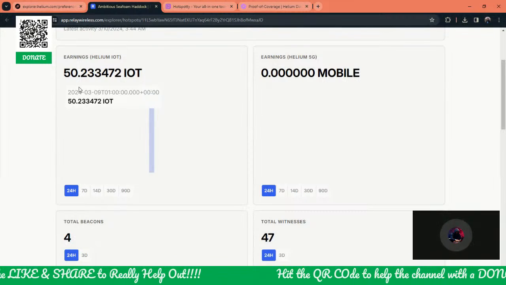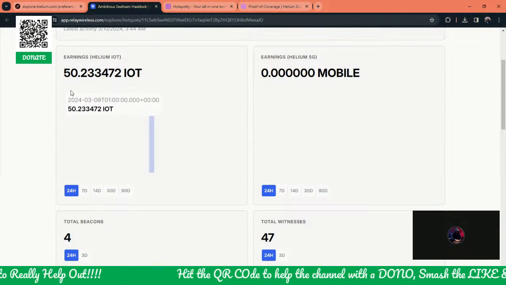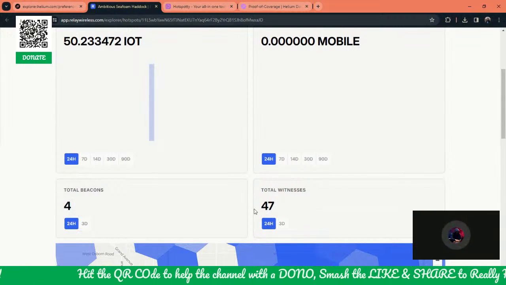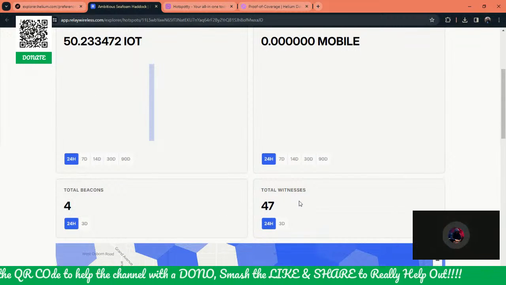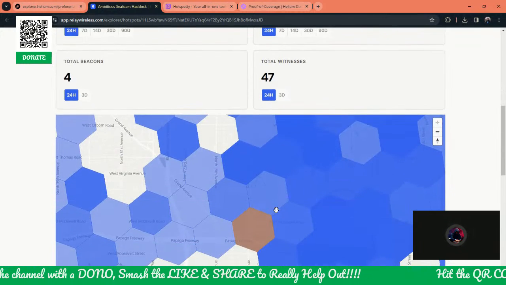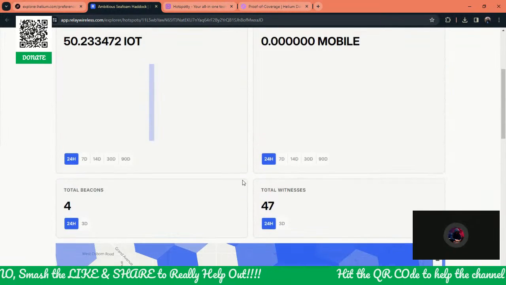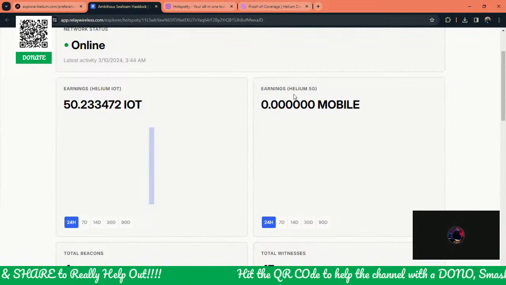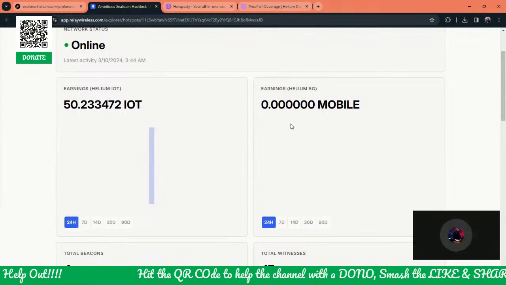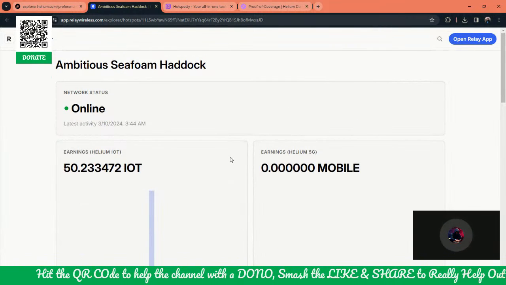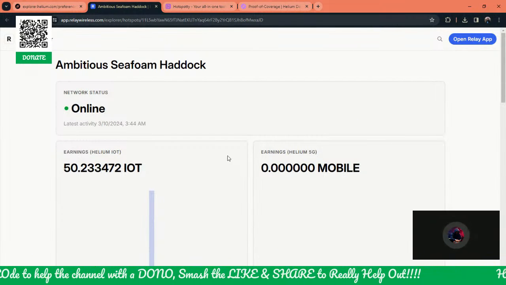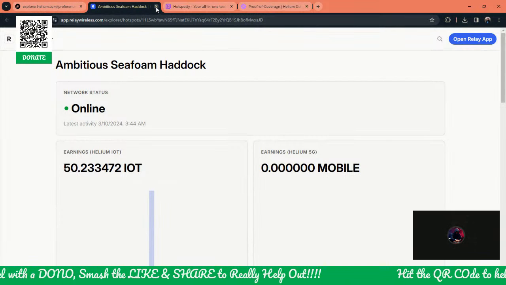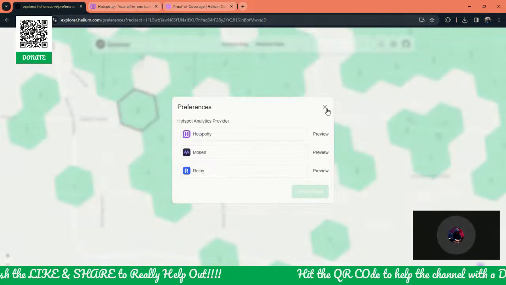Earnings from the Helium IoT. 4 total beacons. Total witnesses, 47 in a 24-hour period. That's where it's located. Earnings on Helium 5G. Okay. Maybe I'll go by there, try to find it, and then also connect to it so that way they can earn something. But that's actually pretty cool. You can see